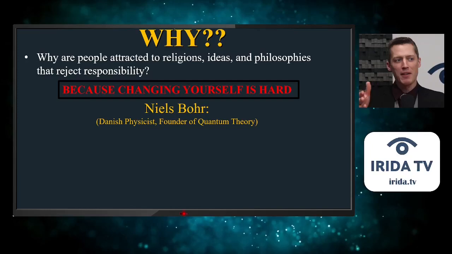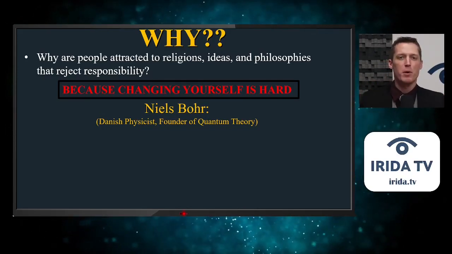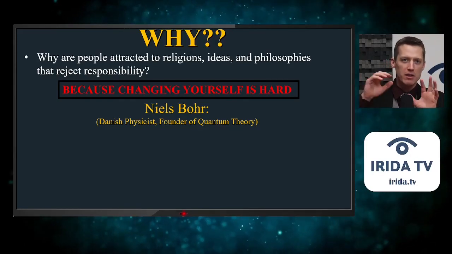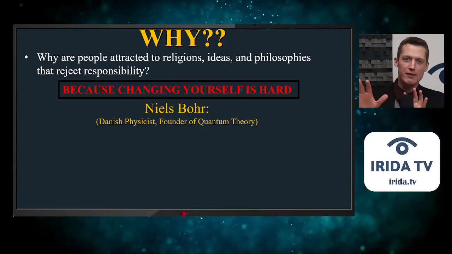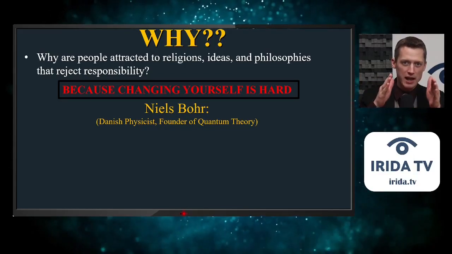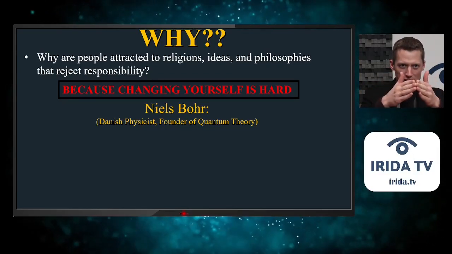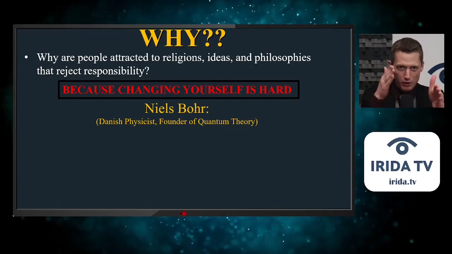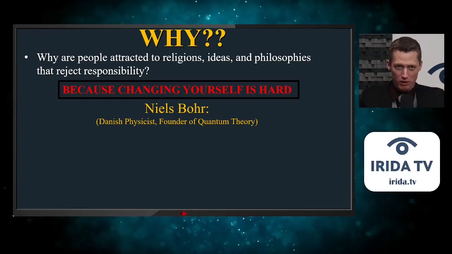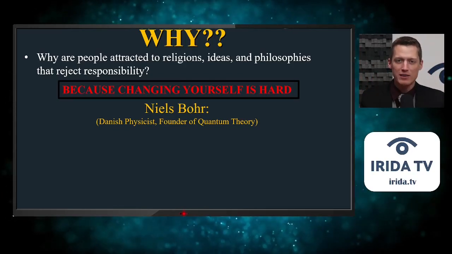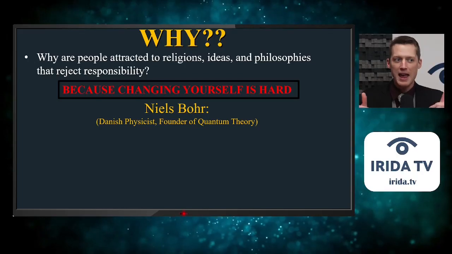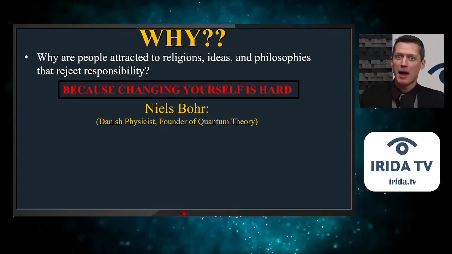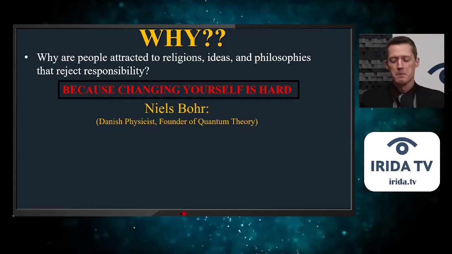And the story about this is that Niels Bohr was the first person to come up with an equation that accurately described the emitted light from a hydrogen atom. You don't get a continuous band spectrum when you emit light from atoms. You get these little pieces of different wavelengths of light. And at the time, nobody could figure out why we get these little pieces of wavelengths of light. And Niels Bohr came up with the first equation. It only described the hydrogen atom, but it did describe the hydrogen atom, which was a big accomplishment. And